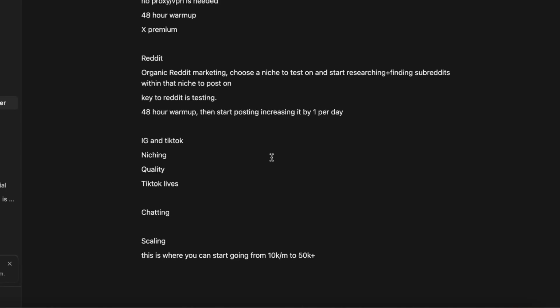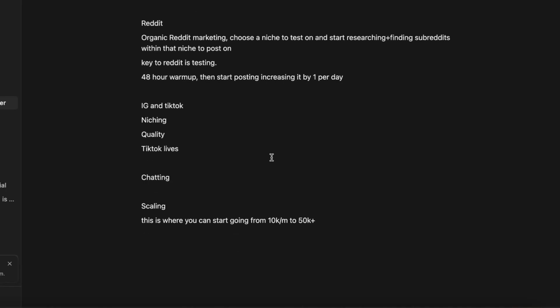So when you have these three things sorted out, you will do well 100%, because sometimes your content is good, but the subreddits are bad. Maybe the captions are bad, but then the content is good. Maybe the content is good, the subreddits are good, but the captions are bad. Once you keep testing all these three things and figure out which one's bad and which one's good, and once you have all three things done correctly, you will see results 100%.